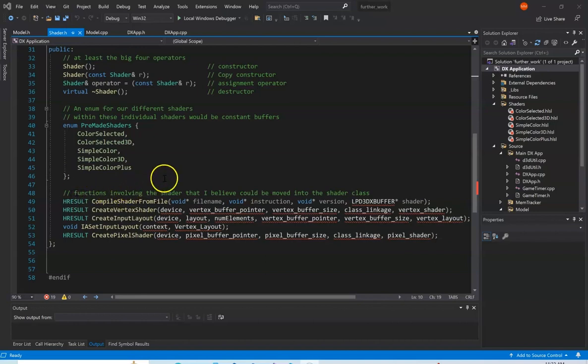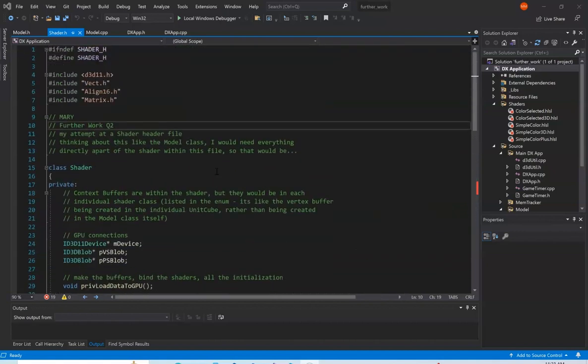And then finally we have functions involving the shader that I believe could be moved into this shader class, which includes the compile shader from file, create vertex shader, create input layout, IA set input layout, and create pixel shader function calls. So that is my